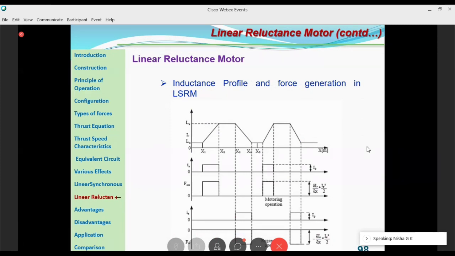And here, as you can see, this is the reluctance path. So you will be having the inductance going from minimum to maximum level, and you will be having the current and the thrust developed. If it is positive, you will be getting a motoring operation, and in the negative part, you will be getting a regenerative operation. As you can see, the inductance profile is the same as that of the conventional switched reluctance motor. You have half into I square into dL by d theta in the conventional case; here it is half into I square into dL by dx, since it is having a linear